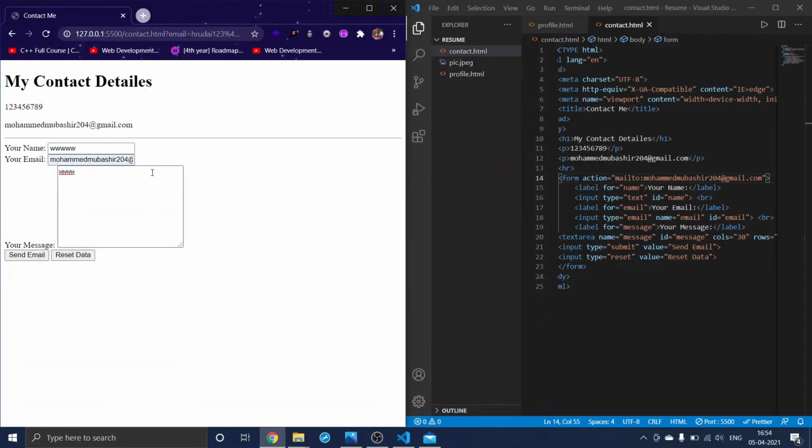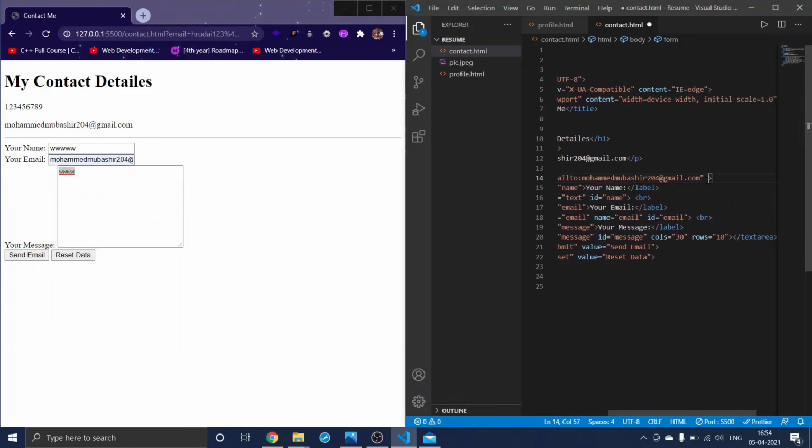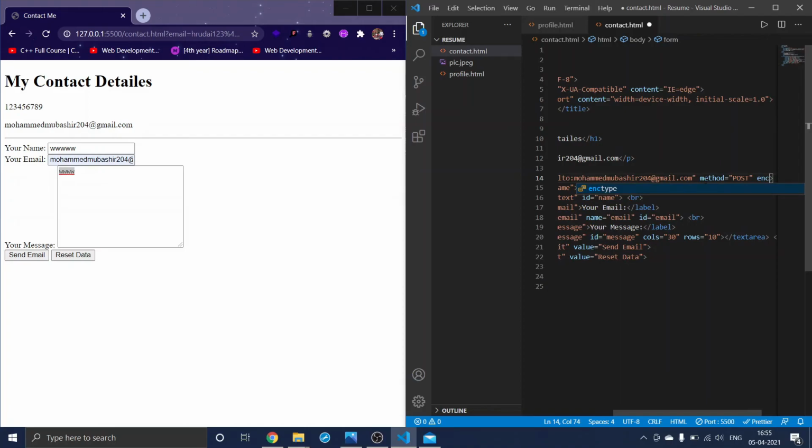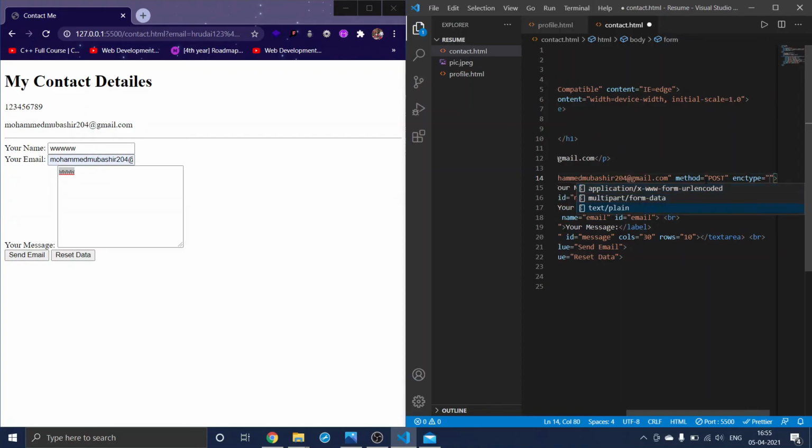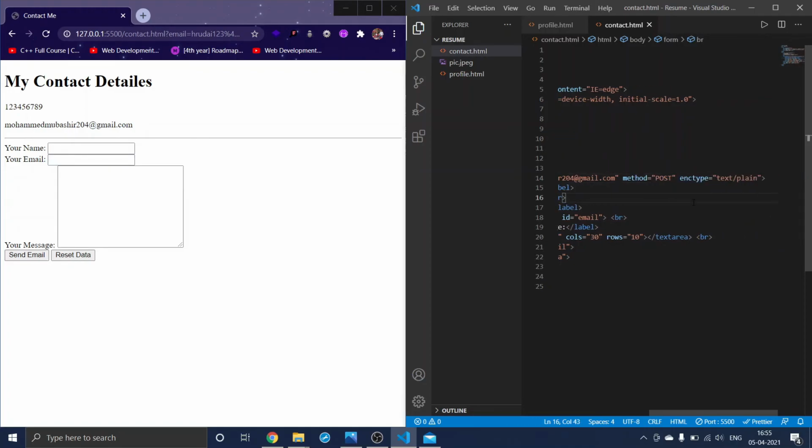And we also need this text, right? This message. So for that, I will use some attributes here, which is the method. First, you just need to write method and give the value as post. We will be talking about this later. And we also have one which says enctype, and you just need to write text/plain. Save this. Just do this. We'll be talking about all of this later in the server videos, in the backend.